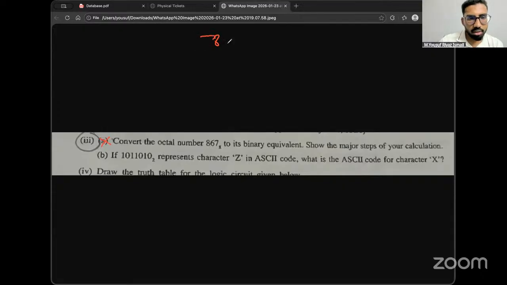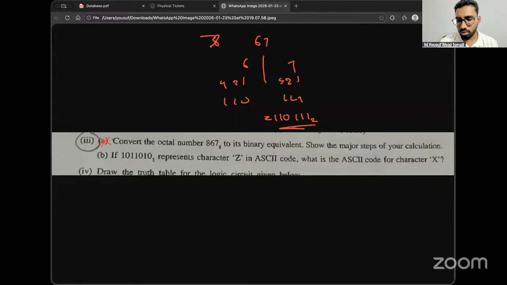But if you're going to convert 67 to binary, it's going to be 6, 7, 1, 2, 4, 1, 2, 4, 1, 1, 0, 1, 1, 1. Answer is 11011 base 2. Yeah. So if you wrote that as answer, you're good to go. And then next,